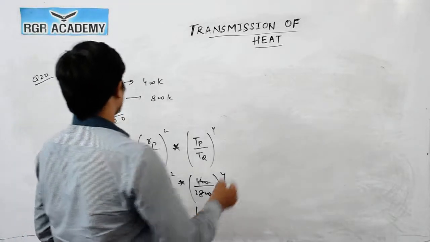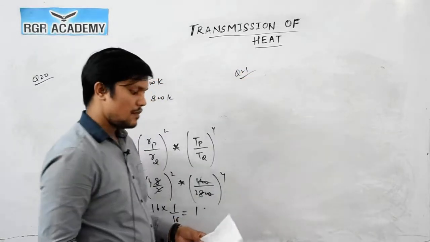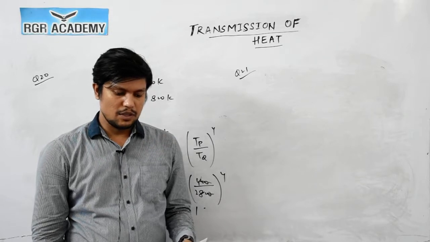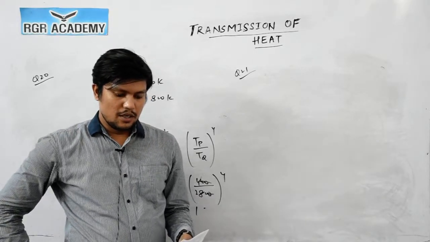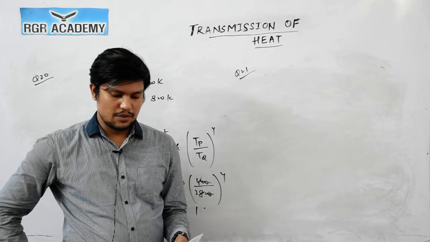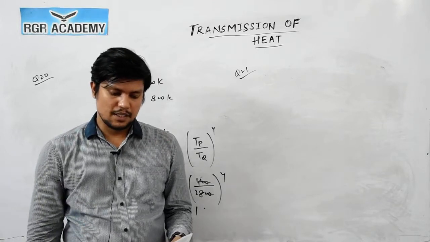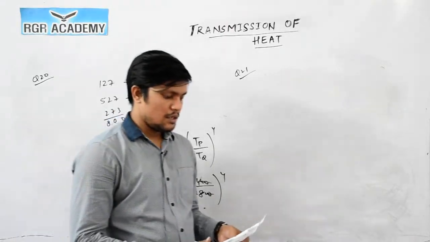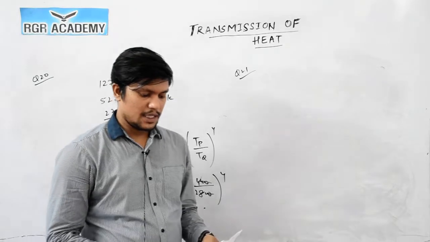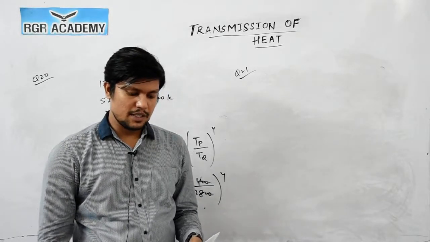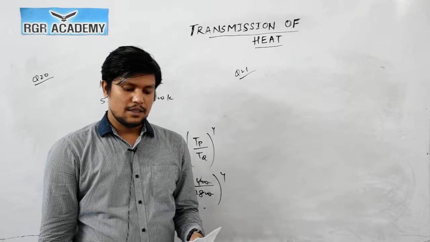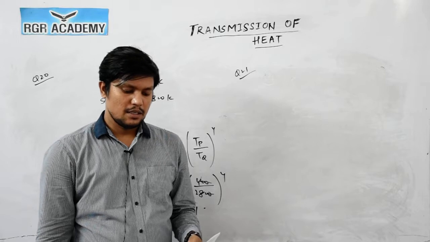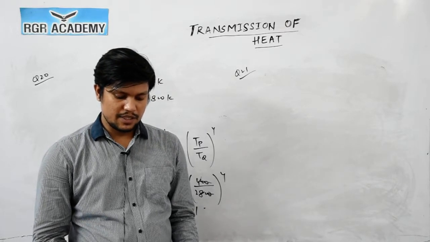Now question number 21. In question number 21, an ice box is used for keeping eatables cold and has a total wall area of 1 meter square. So area is given as 1 meter square and the wall thickness is 5 centimeter. The thermal conductivity of the ice box is 0.01. It is filled with ice at 0 degrees Celsius along with the eatables on a day when temperature is 30 degrees Celsius. The latent heat of fusion of ice is 334 into 10 to the power 3 joules per kg. They are asking the amount of ice melted in 1 day.